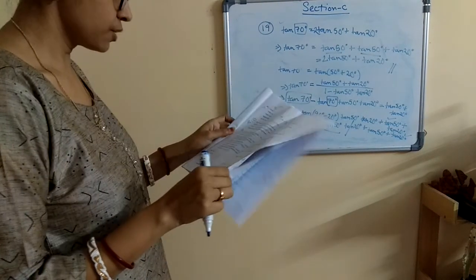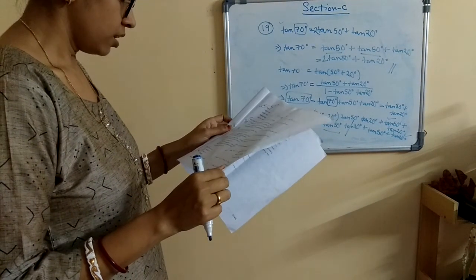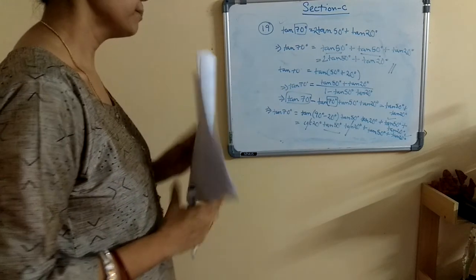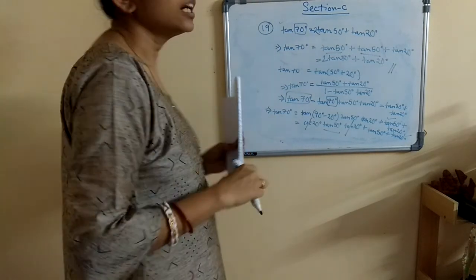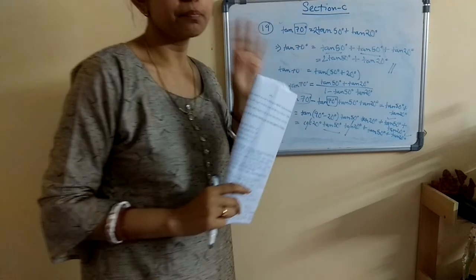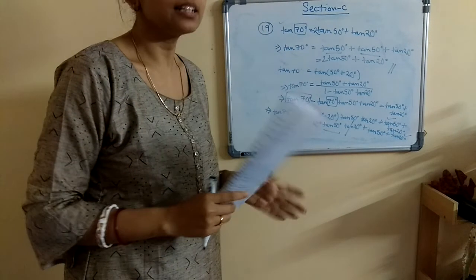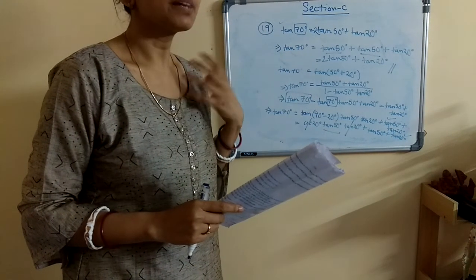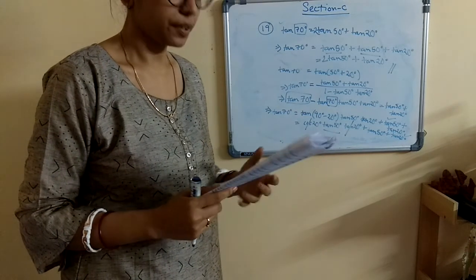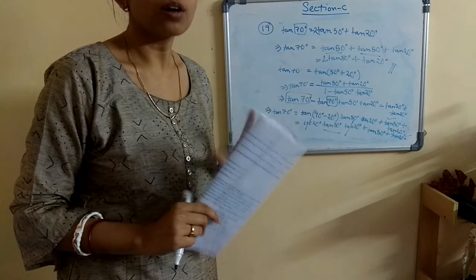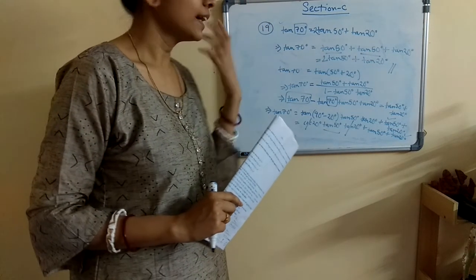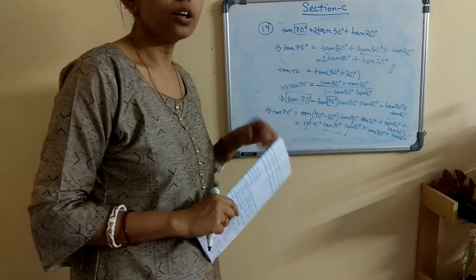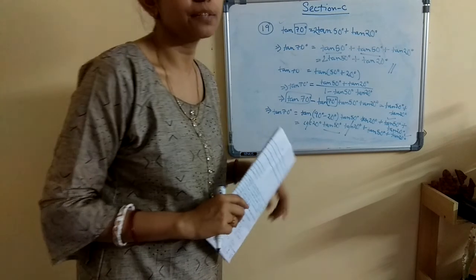So in this way we have to solve this question with the help of the formula. Generally, section A and section B can be solved very easily if we know all the basic concepts of every chapter, and also if we solve the exercises and examples of the book, then it's very easy to score full marks in section A and section B.